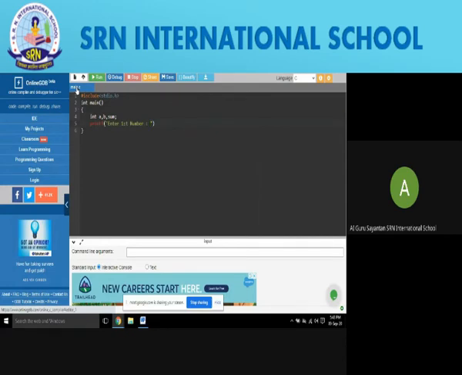However we write inside printf, it should come exactly the same on the screen. So we are writing enter first number, then I am giving a colon, and then the number which we will be entering will come. And after the bracket we will put a semicolon, as the rule is.